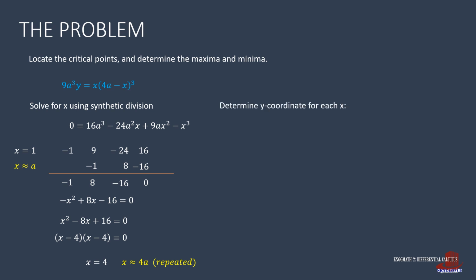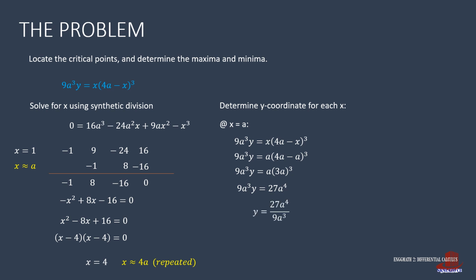After identifying the x values, we can then solve for the y coordinates of each point. With x of a plugged into the original function, we get 9a cubed y equals a times the cube of 4a minus a, which is simplified as 3a. Simplifying the right term into 27a raised to 4. Y is then 27a raised to 4 over 9a cubed, so y is 3a, and point 1 has coordinates a,